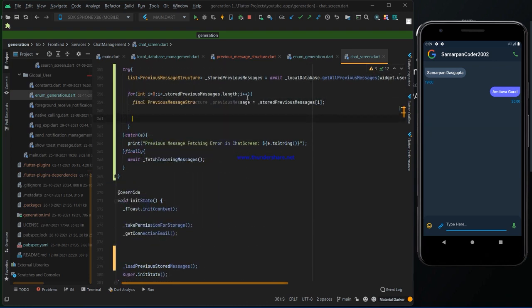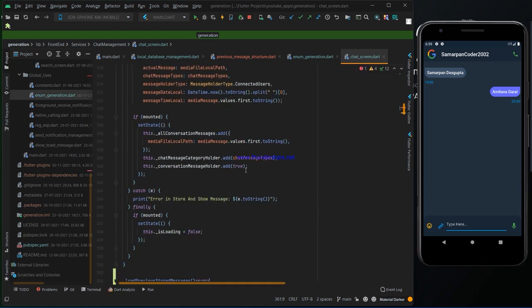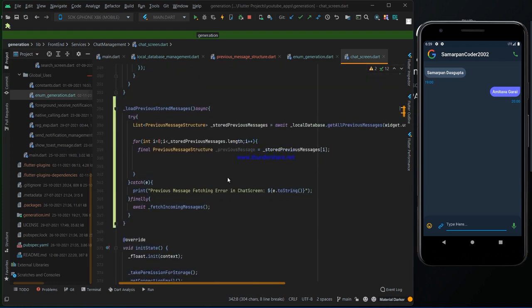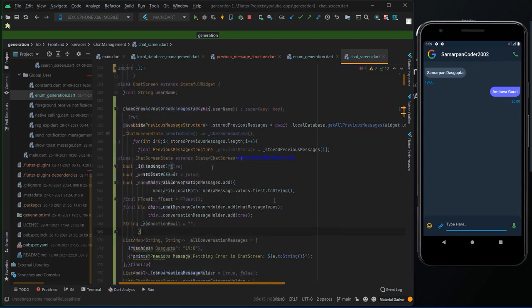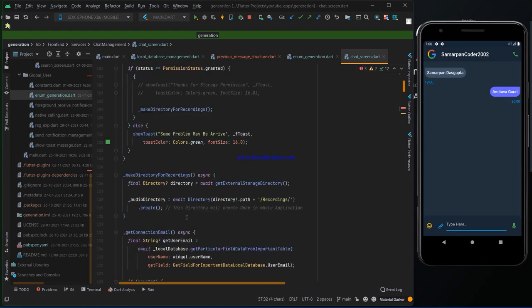And we have to now insert some of that. So I copy things from here. The key is message and the value is time.